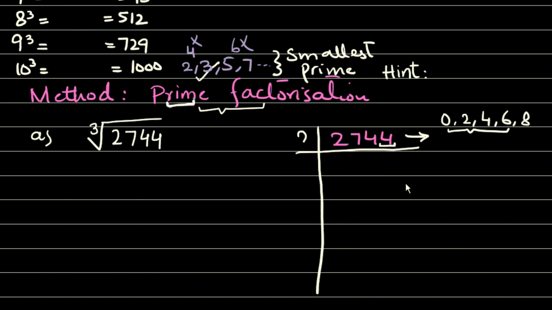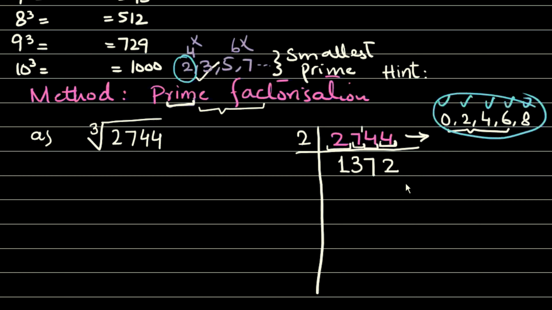So I will start with 2. 2 times 1 is 1, 2 times 3 is 6, and then 14. 2 7's are 14, and now 2 times 4. I'll go next. Now you again check this number, which becomes a new number for you. Can you apply the divisibility test for 2? Just look at the last digit. The last digit should be 0, 2, 4, 6, 8 if the number is even. So yes, here I can observe 2 at the end, so the last digit is 2.